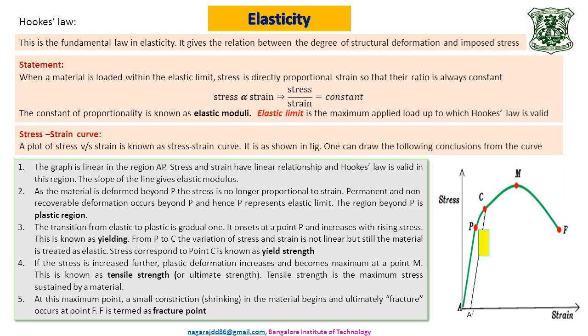Let me demonstrate it. See, at P the material will be intact, like this, and it continues to be in the same form up to M. But at M a small shrinkage or a small neck formation takes place like this. And even if you don't apply force beyond M, that shrinkage continues, and finally at F it breaks into pieces like this. Actually, in my previous session these diagrams were missing due to some technical problem. So this is the complete picture of the stress strain curve.